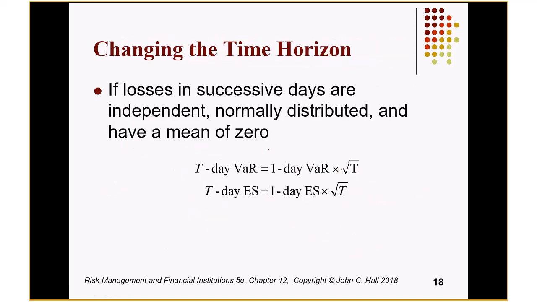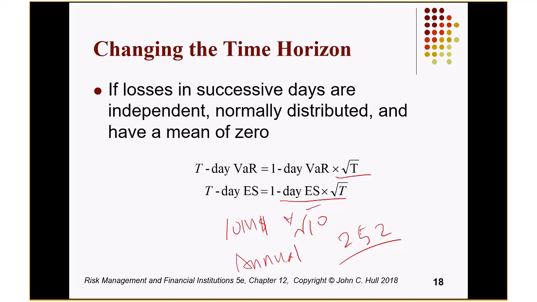Changing the time horizon. Yes, the Basel Committee also tells you that you can use those to adjust your, like, 1 day VaR to maybe 10 day. So let's say your one day VaR is $10 million, and then what is the 10 day VaR? It will be just 10 million times the square root of 10. Then if you want to adjust that to annual, right? Every year, you need to remember we have 252 trading days. And then you just need to adjust it that way. Okay, it's not like 360. You just need to remember that.